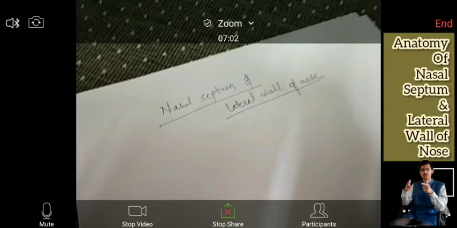ठीक है. Then you have, now here below you have the palate, right? आगे hard palate है और फिर पीछे यहाँ पे soft palate है. So this hard palate, so palate में से कौन सा artery आएगा? Can anyone tell me? Okay, see this hard palate here in the posterior inferior is the greater palatine artery. Yesterday I told you when I was discussing about skull that, correct, greater palatine artery.